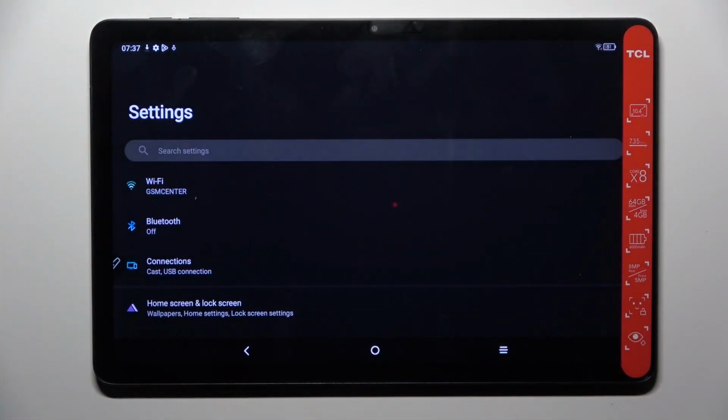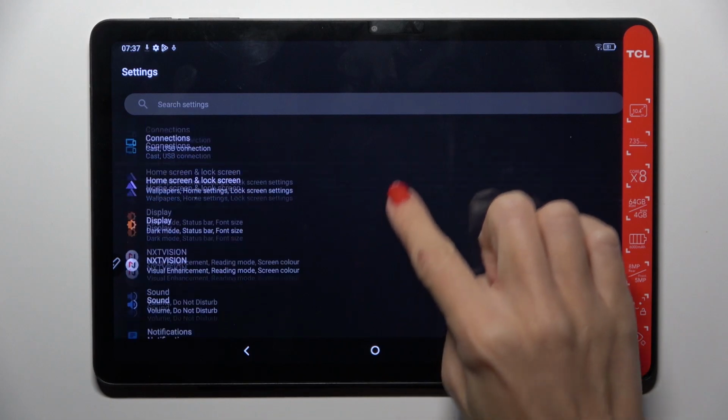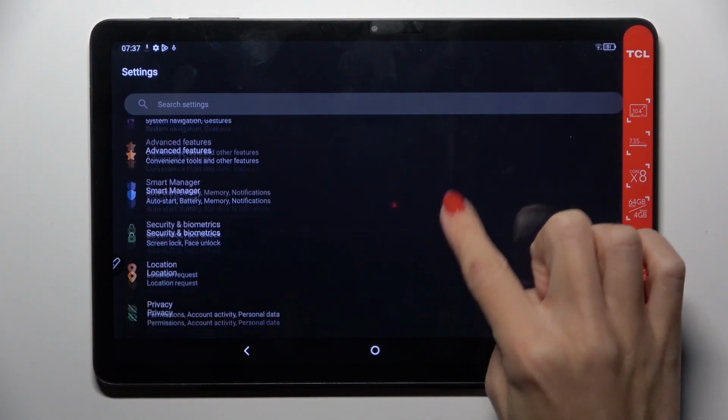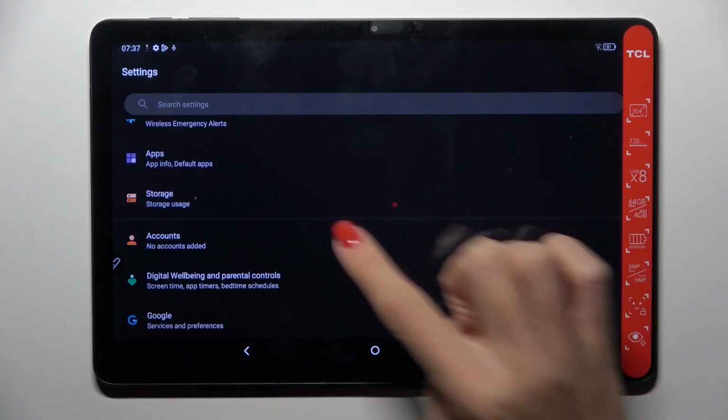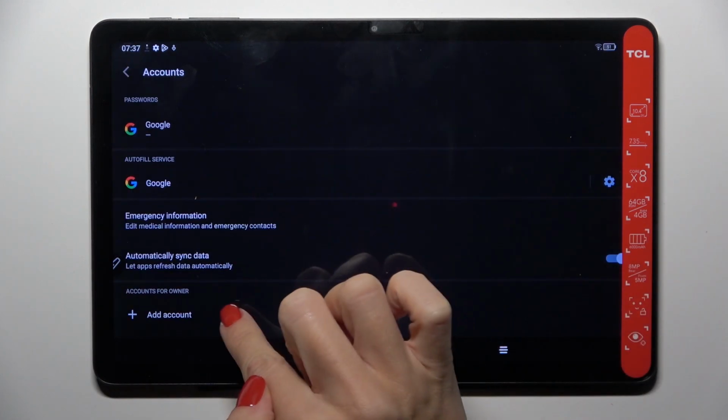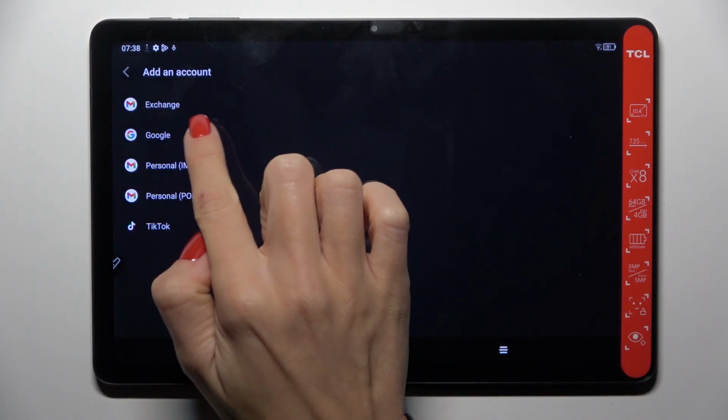First of all, open the settings, then find and select Accounts and click on Add Account. Now select Google